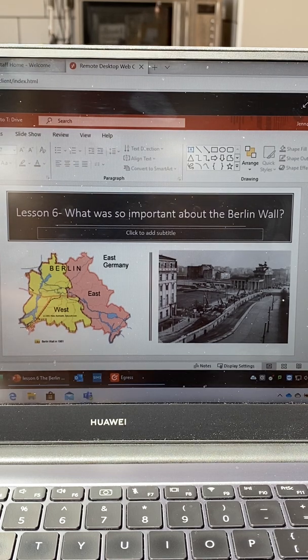So first thing to do is write down your title. What was so important about the Berlin Wall? A couple of really good images there for you to start to get your head around what we mean by